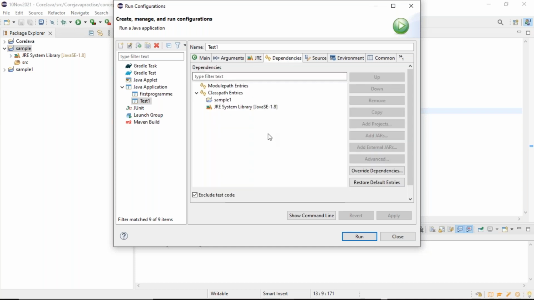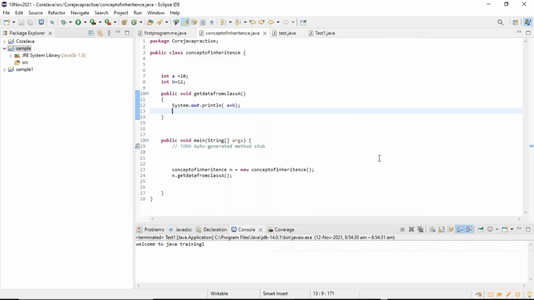It says sample one. Shall I run? Run. One second. Run it. It is showing sample only. Sample is not coming out.